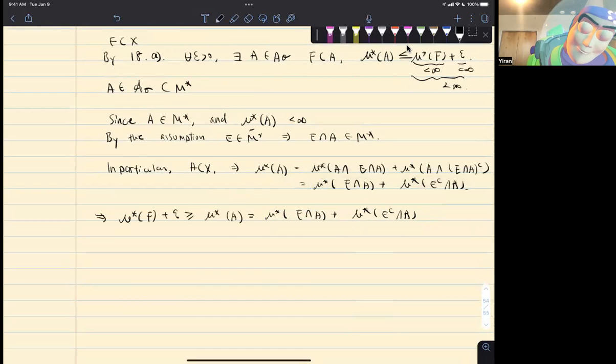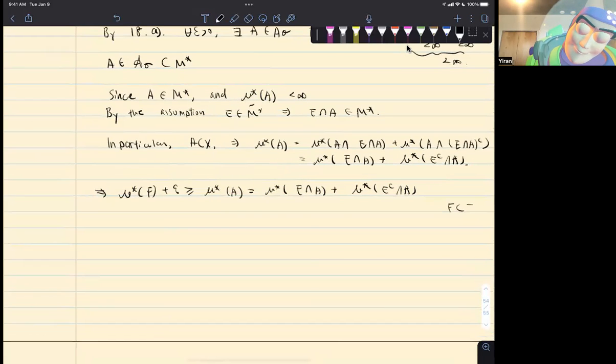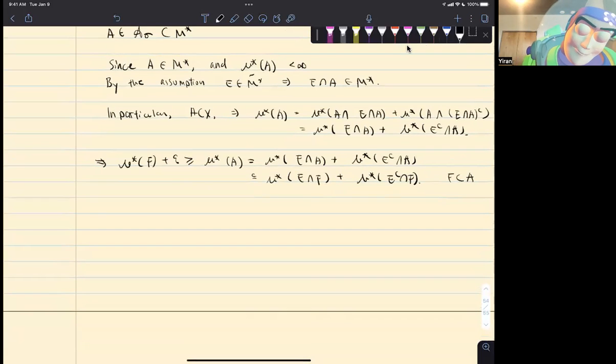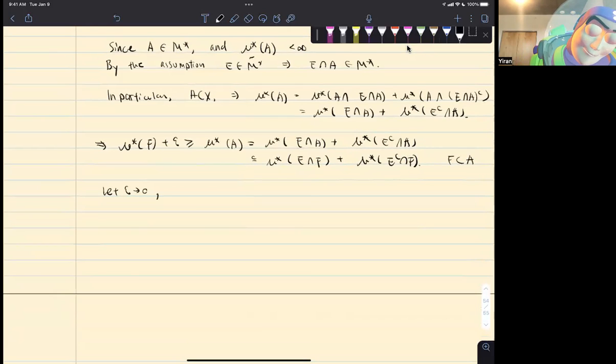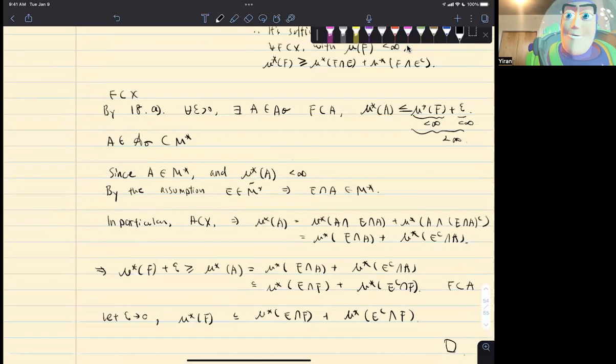And then by monotonicity of the measure, because F is a subset of A, this is going to be larger or equal than mu star of E intersect F plus mu star of E complement intersect F. Then let epsilon go to 0. We have mu star of F is larger or equal than mu star of E intersect F plus mu star of E complement intersect F, and then together with the other inequality,